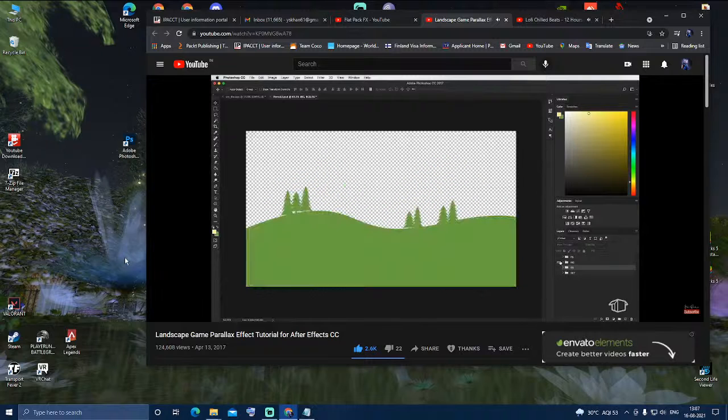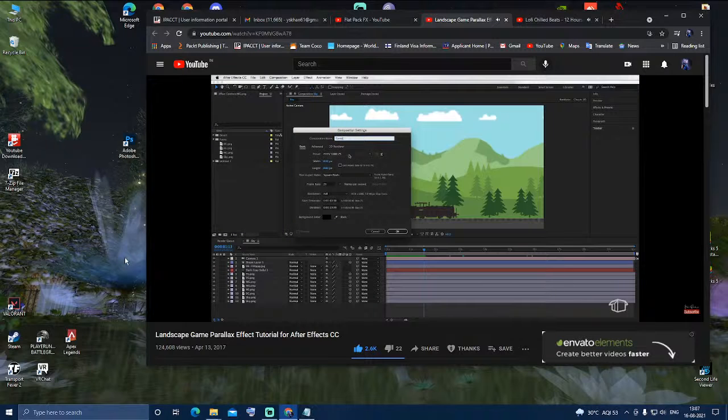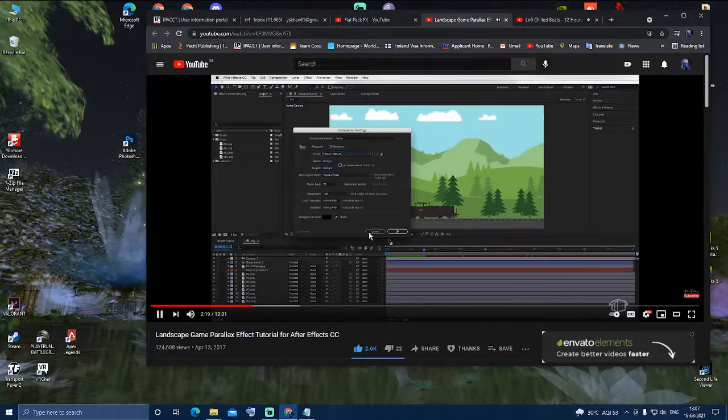So you follow this same technique for each of your layers. So once you've done that, you can import those into your After Effects project. All right, so the first thing we want to do is we're going to create a new composition. So I'm going to call this one Forest, and I'm going to set this one to be 1080-25, 1920 by 1080. And just make sure the duration's set to 10 seconds, and then hit